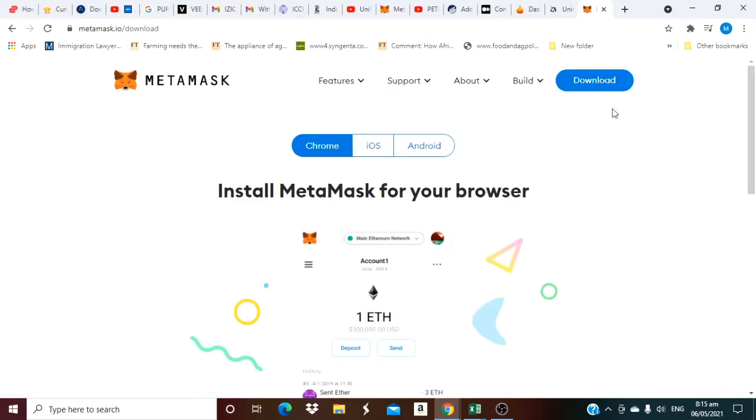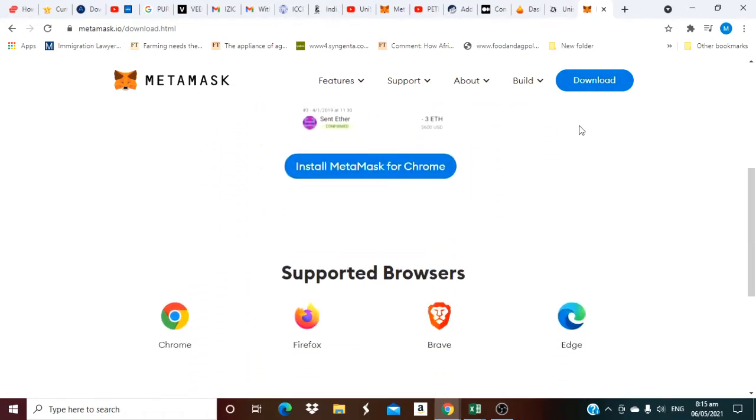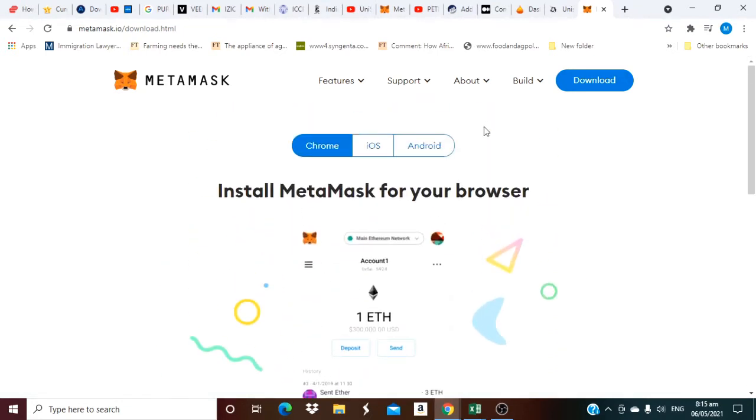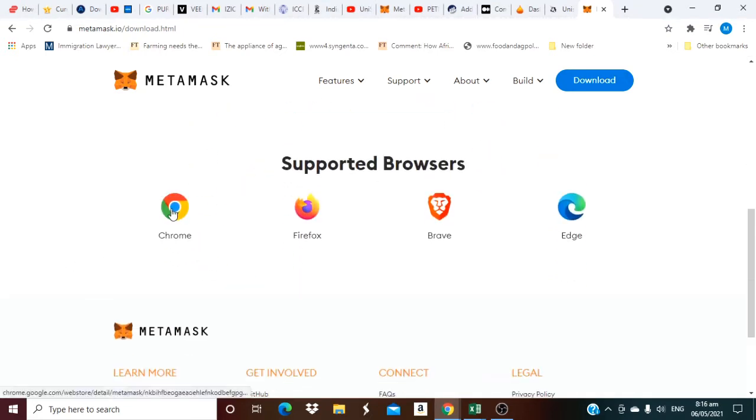Here you have the options. Now we have Chrome, iOS and Android. So based on what you are using to download MetaMask, you click on that. Here I'm using a Chrome browser, so after clicking on download, I'll click on Chrome. Then I'll come here and click on the Chrome icon.